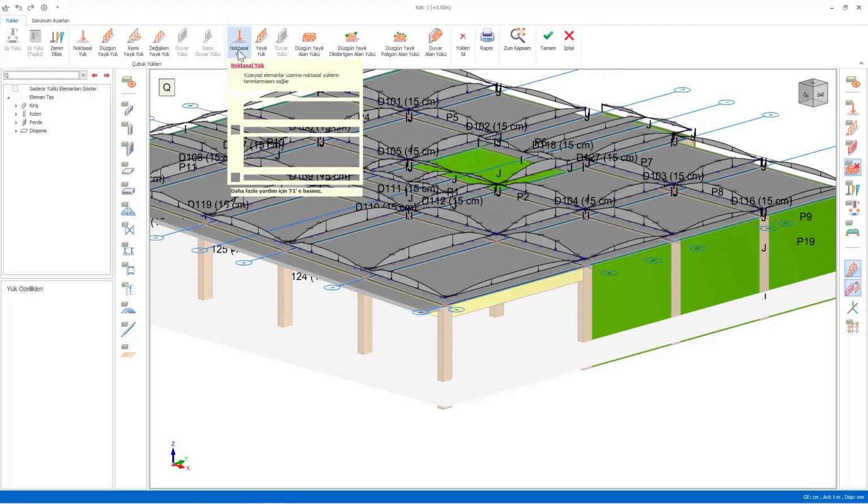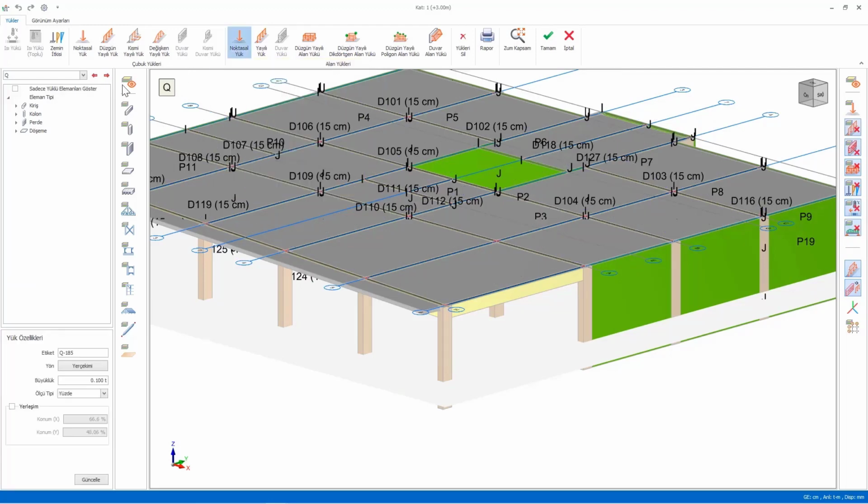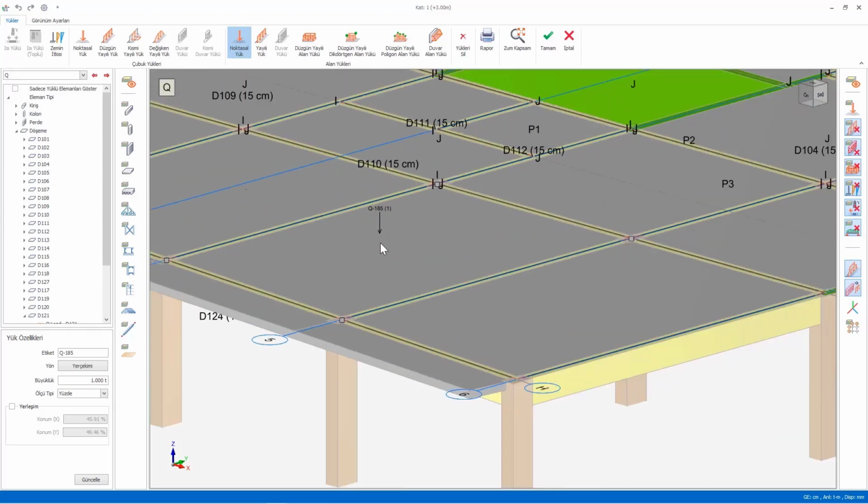Select the load type from the ribbon to define a new load. The Load Identification command will be activated. Then, in which load state you want to define this load, select that load from the list on the left. Finally, specify the load properties and click on the member for which you want to define the load. Instructions will also be indicated in the yellow box at the top of the screen. For example, when you select a point load and click on any member, a point load will be defined on that member.